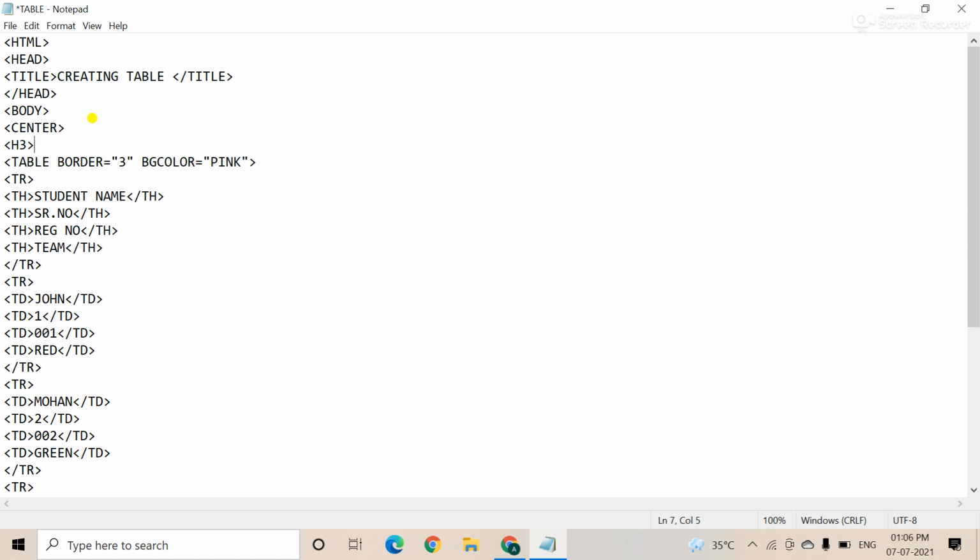You all know the smallest heading is H1 and the biggest heading is H6. So I am just using a medium type of heading. So I am entering here student record. Okay, student data, suppose student data, in H3, and save it.